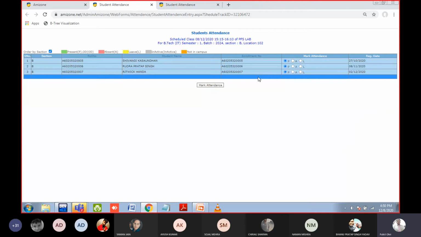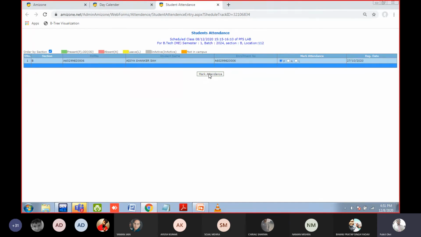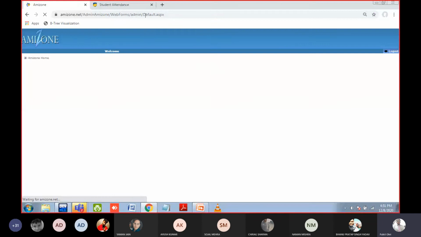Shivangi. Present, sir. Rudra. Ritvik. Ritvik is there. So Ritvik is not in attendee. Okay, so absent is Rudra. Rudra is not there? Maybe Rudra has changed the section. That's why he is not coming. Aditya is here. Yes, sir, he is attendee.